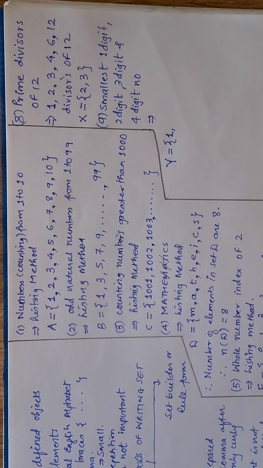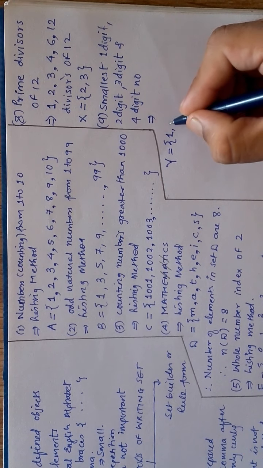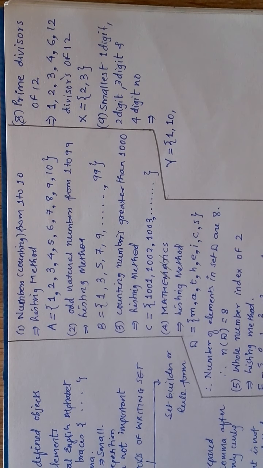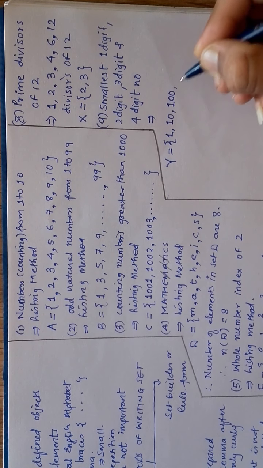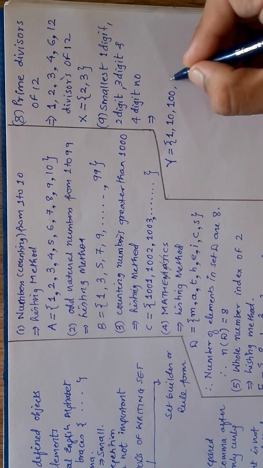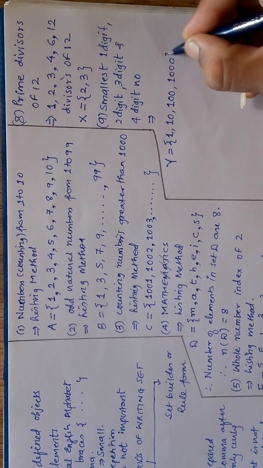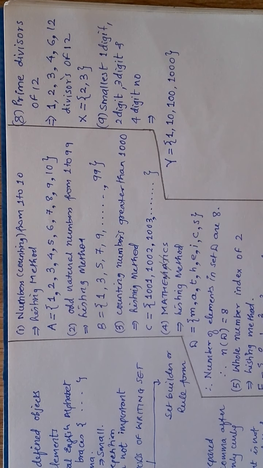Now tell, chalo, what is the smallest 2 digit number? Yes, 11. Very good, because obviously if 1 is smallest, the 2 digit number means 2 times 1, 11. No, the smallest 2 digit number will be what? That is 10. What will be the smallest 3 digit number? That is 100. And what will be the 4 digit number? That is 1000. Got it? Wasn't it slightly tricky?